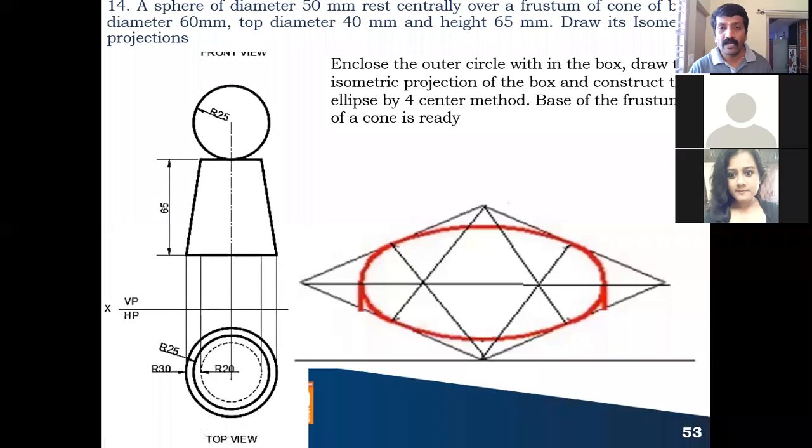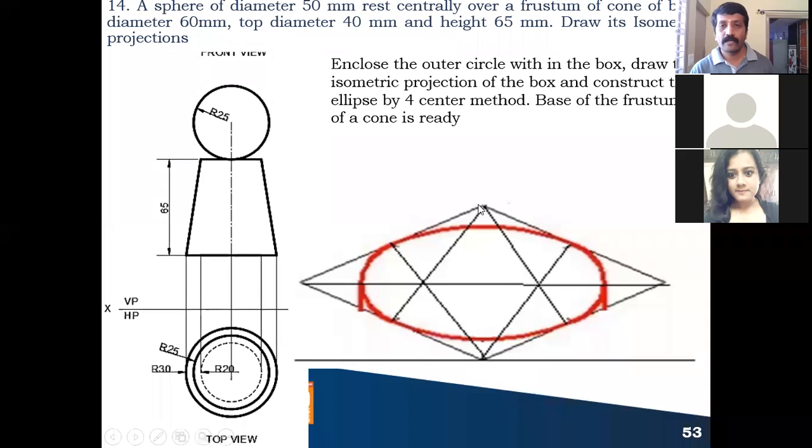So this is the square outer box isometric projection, and then you know how to draw the ellipse within this. The four center method you have to use. From this point as the center, you draw a line to the midpoint of this side. Similarly, from this point you draw a line to exactly the midpoint of this. From this point you draw a line to the midpoint of this side. From the same point you draw a line to the midpoint of this side.